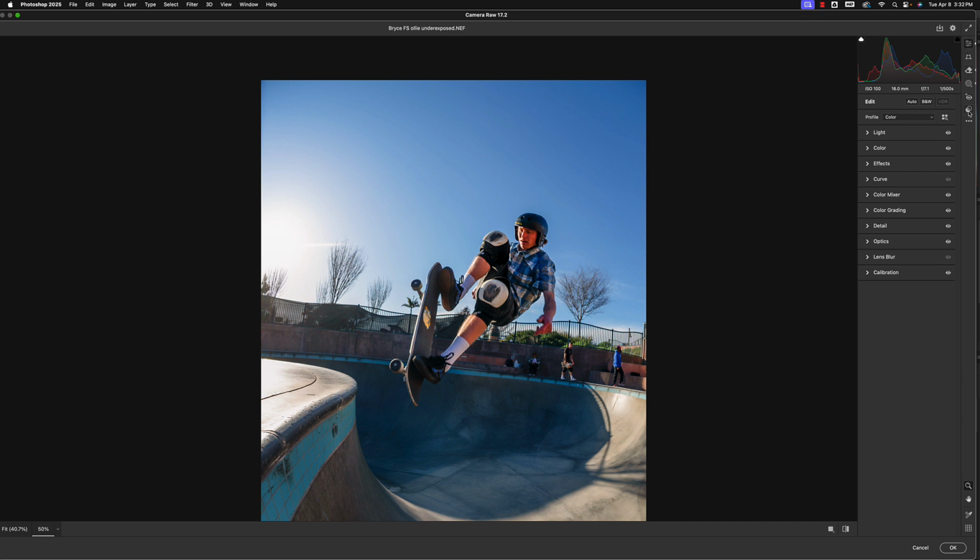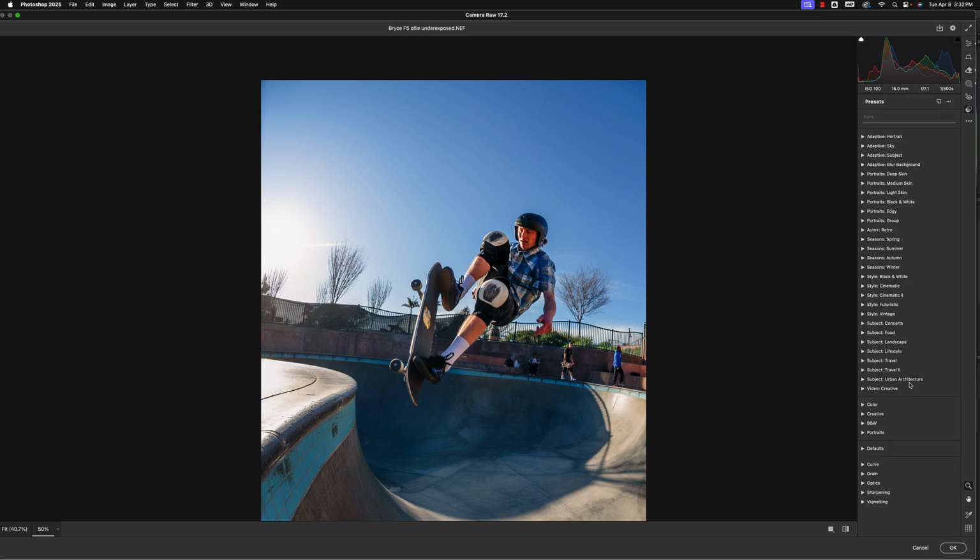So filters are great, and it comes with a ton of them, so feel free to play around with these. And we got three little dots right there. Oh, we can add new presets. So if you go in and make a bunch of changes to an image and you feel like you're going to apply those to multiple other images, you can literally click Create Preset, and it will copy all of the changes so far that we've made to this image and allow us to create a new preset based on those